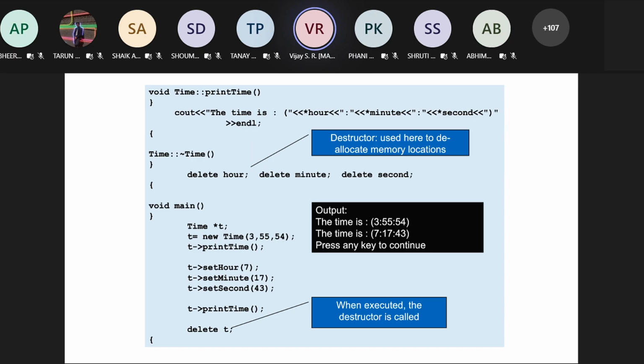The this pointer, I think Madam has covered a few of the topics. So all those topics should be in your code. Yes, sir. All those topics will be looked at and assessed accordingly. We will look at your code and give the marks according to that.